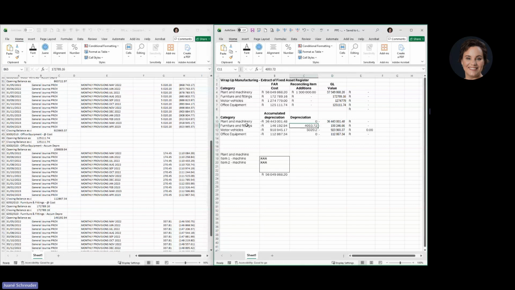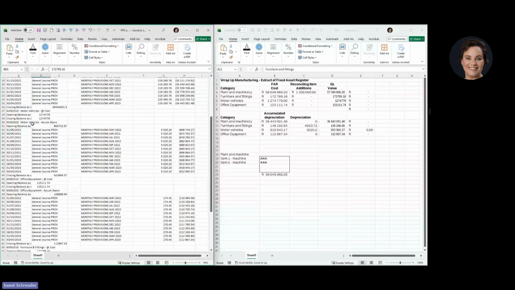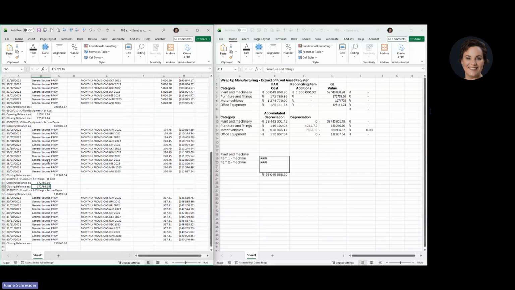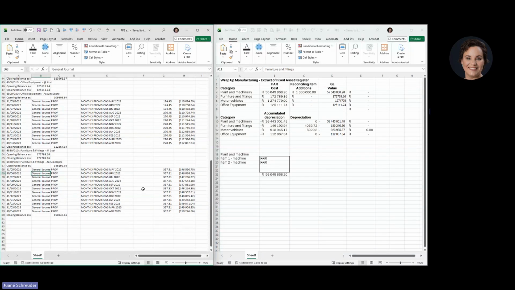And what we found, if I look at the fixed asset register, the furniture and fittings GL account. So let me just scroll to that again. I think I have, where is it now? Right here at the bottom. So there, what you will find is that actually, if I just sum the total depreciation from the general ledger for this year, the total is literally 4,000 Rand.